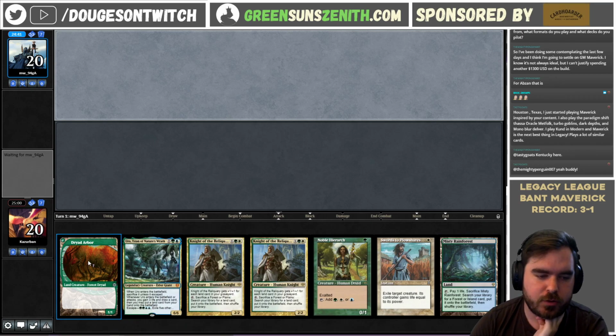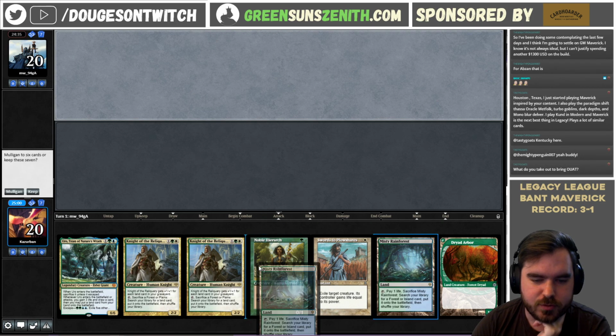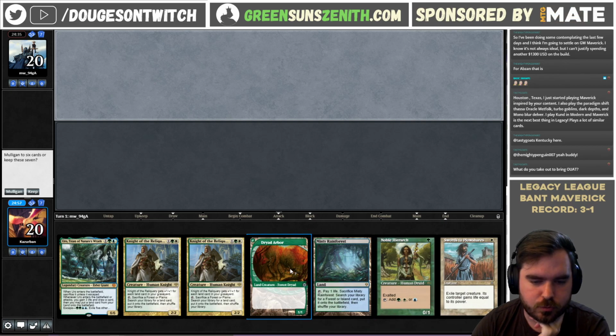This is an interesting one because the Dried Up is obviously not the greatest, and if we get this Noble Hierarch, Swords or Bolted, then we're just stuck with a bunch of 3-drops, which isn't the worst on the draw, but...